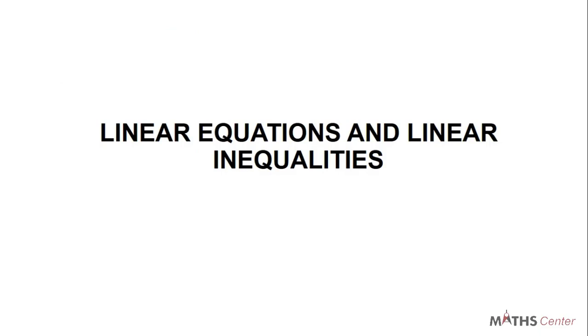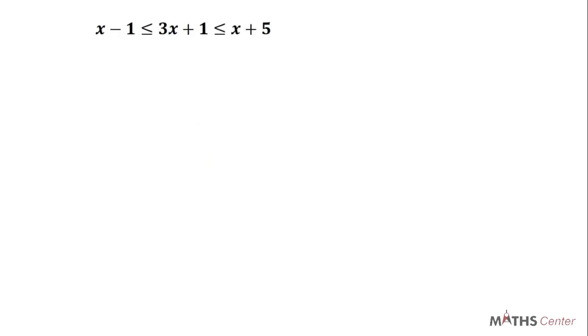We are still on the topic linear inequalities. In the previous video, we saw how to solve the fifth type of linear inequalities and we took an example on it. In this video, we are going to consider another example. So let's look at the example we will be considering in this video. We have x minus 1 is less than or equal to 3x plus 1 is less than or equal to